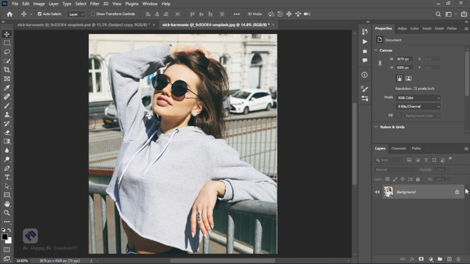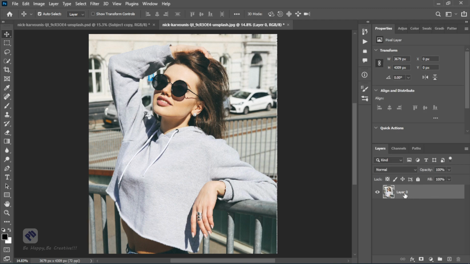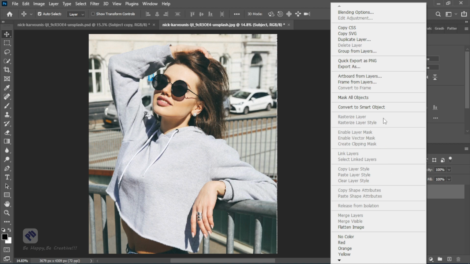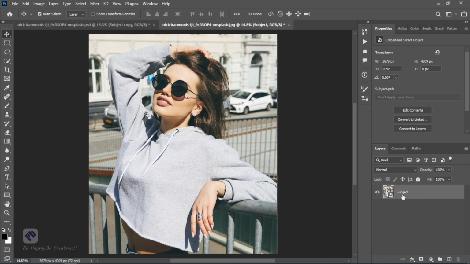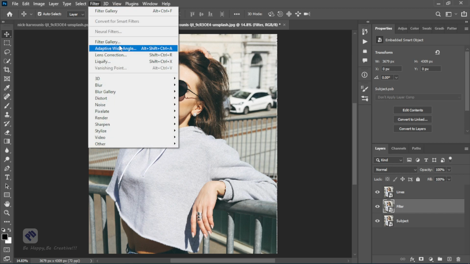First of all, you need to unlock the layer by clicking on the small lock button, then rename it to subject. Then you need to convert the subject layer to a smart object. After that, make two copies of the subject layer by pressing Ctrl J, then rename one to filter and the second layer to lines. After that, select the filter layer, then go to the filter gallery